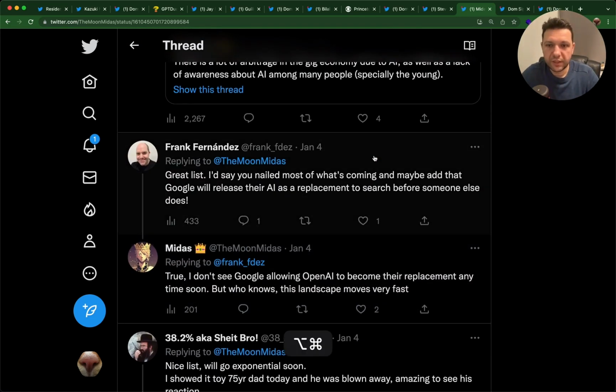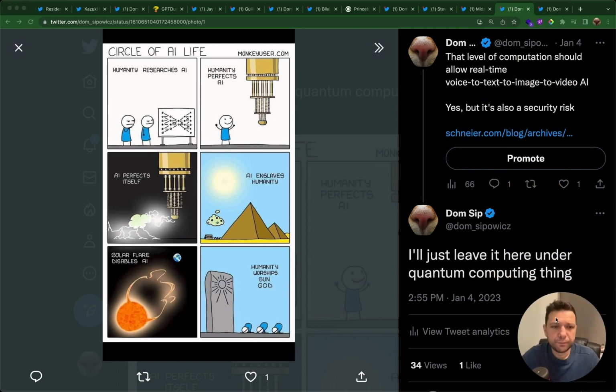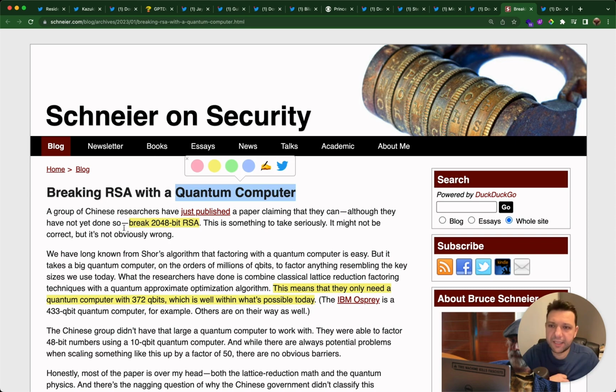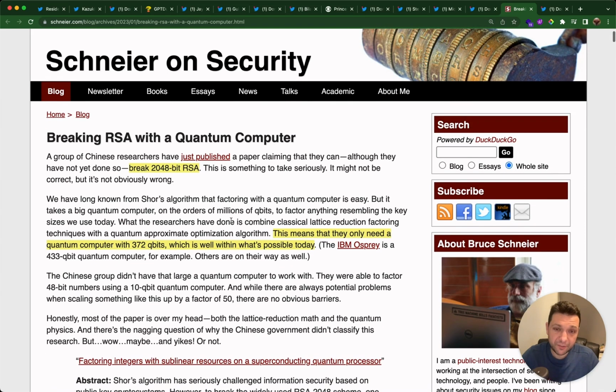So that was the top 11. The next thing is quantum computers can break RSA. A group of Chinese researchers is trying to break, and really are close to breaking, the 2048-bit RSA. This is very significant, a security thing. If that's gonna happen, then the amount of compute that needs to be, actually,